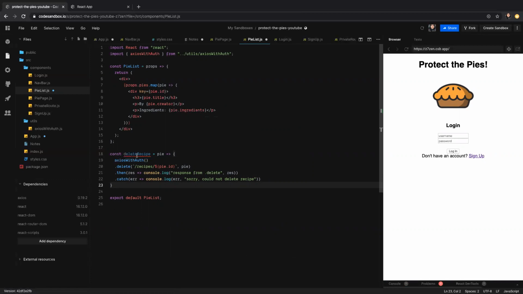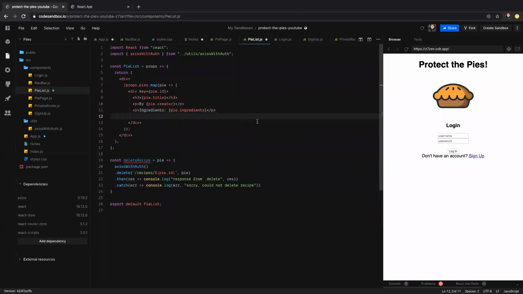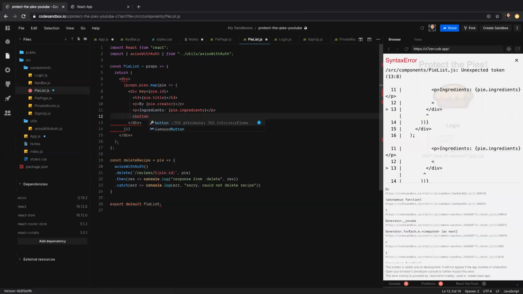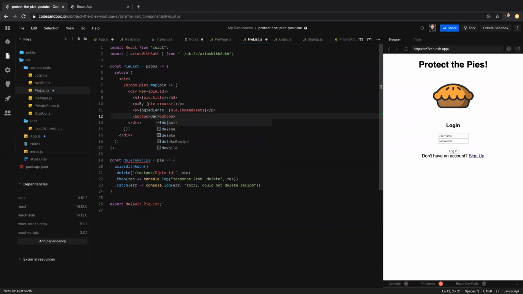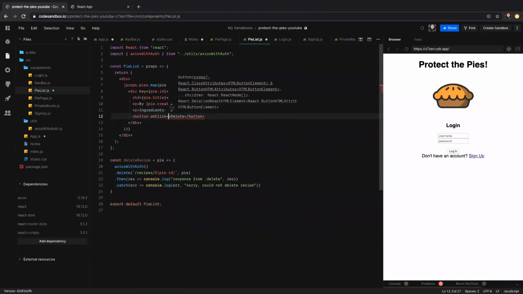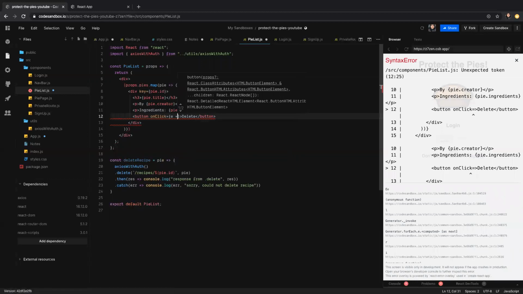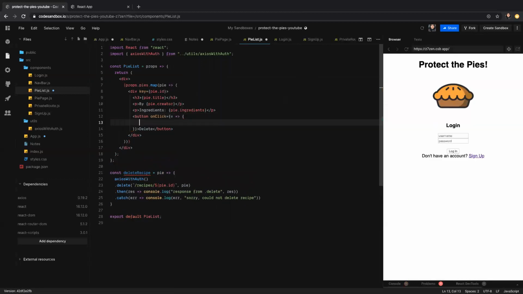But we need to put this delete recipe in an on click. So we're going to want a button for each recipe because we want to be able to delete each recipe. So let's have button, and then inside of our button we're going to have delete, and then in here we're going to have an on click, and then it's an event, equals event. We're going to open that up, and then we're going to say e